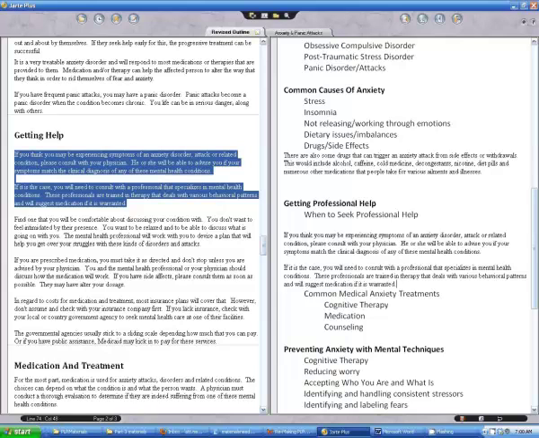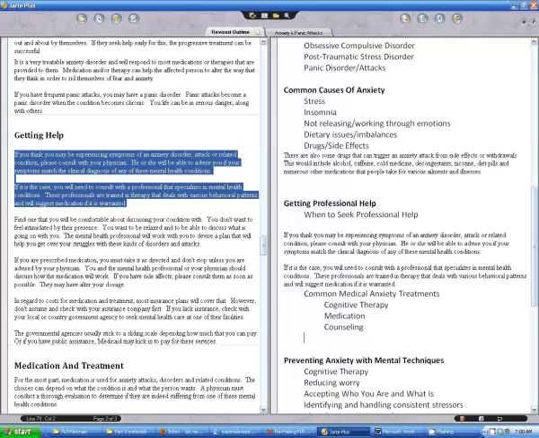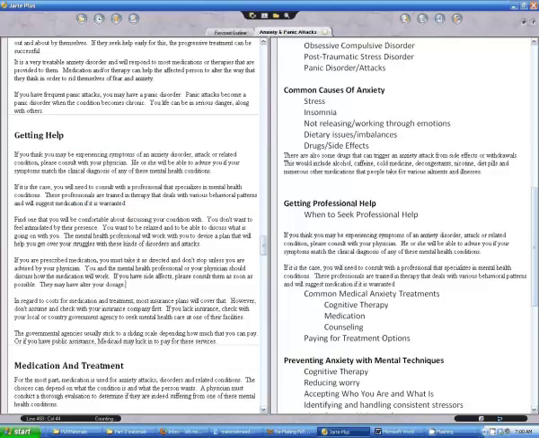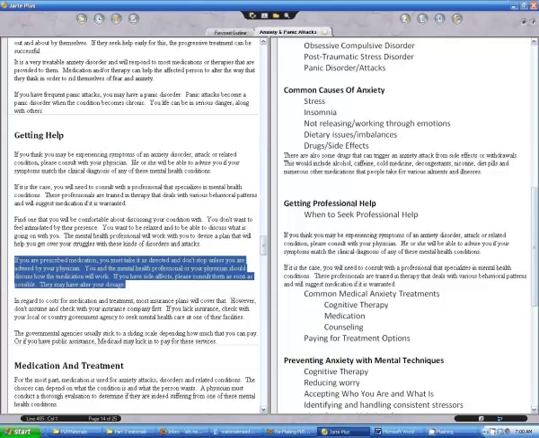And then this is about discussing your condition with them, medication, and then how you're going to pay for it, which is not something that I'm addressing here. So if you think that's important, you can always add it in as an extra here. So we have something here for medication,